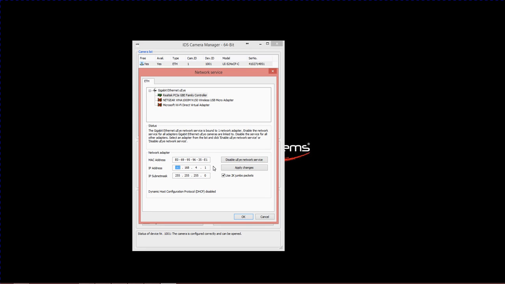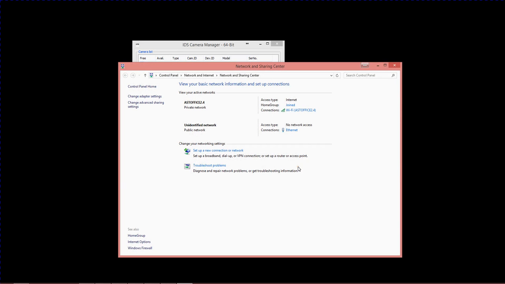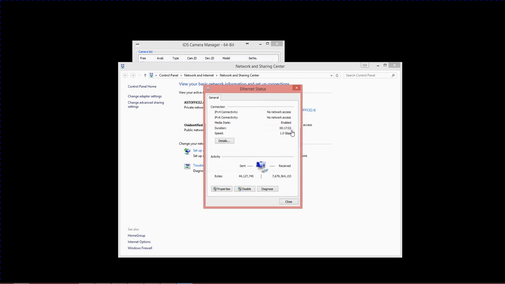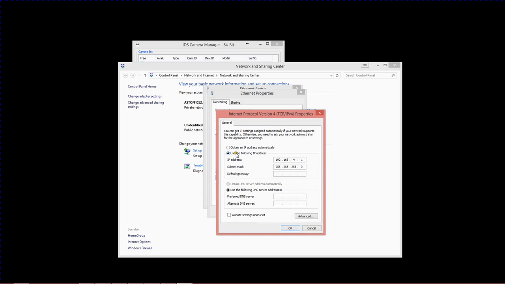Now, that network address you see here in the software is actually not configured by this software. That is configured using your standard Windows Network and Sharing Center. I'll just show you that briefly here. So here's the Ethernet connection, and under Properties, if you open the TCP/IPv4, you'll see that the following IP address has been checked, and we have supplied a hard-coded address